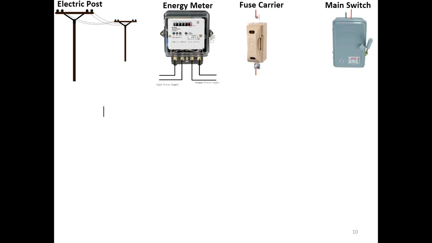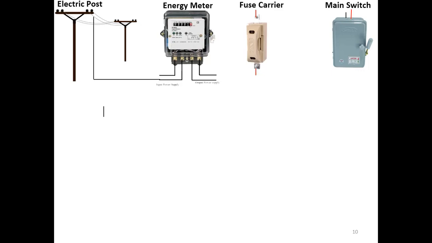So let me explain the connections, right? We need two terminals. The earth is different; already I told you that the earth part is different. The earth terminal is connected to the load which has a metal part. For example, your grinder: the metal body of your grinder should be connected to the earth terminal, and that should be earthed properly. The earth setup is entirely different. As a beginner, if you are able to know the connections of phase and neutral, it is more than enough, right? Now let me explain the neutral connection alone first, then we'll go to the phase connection.